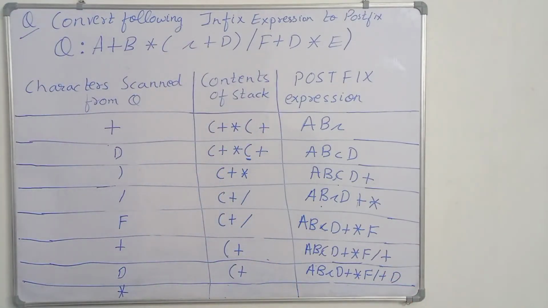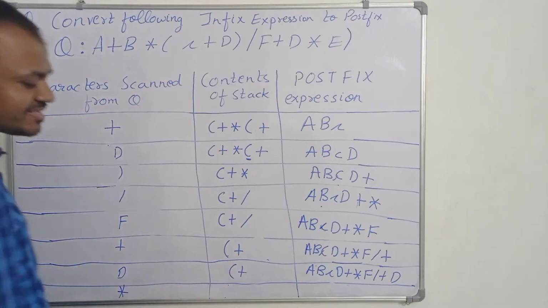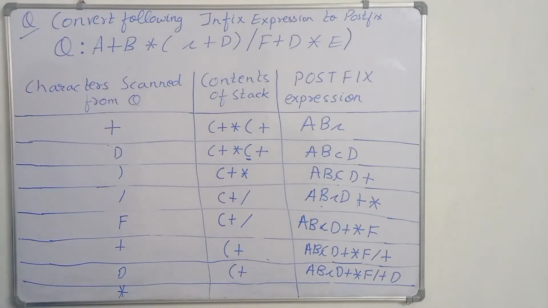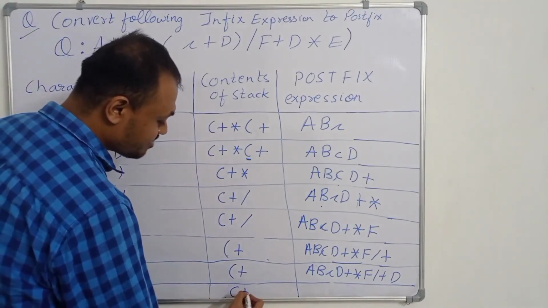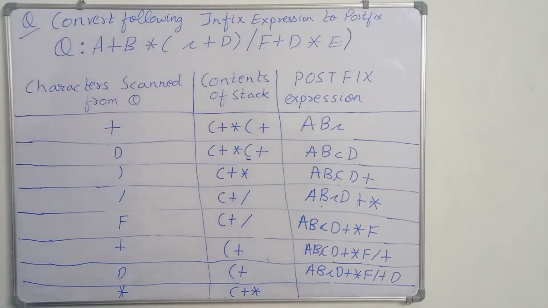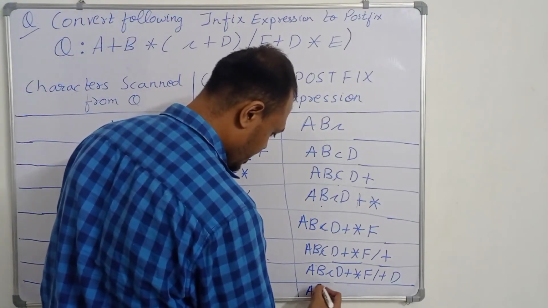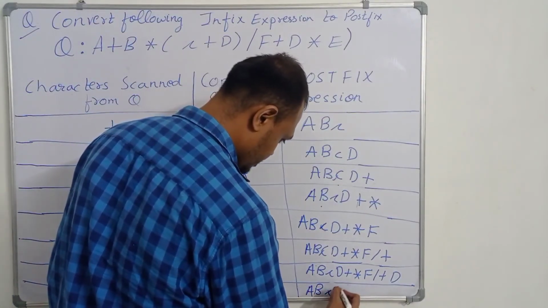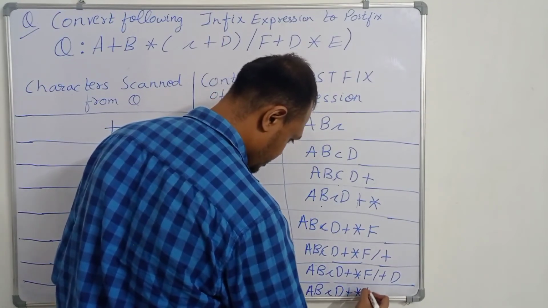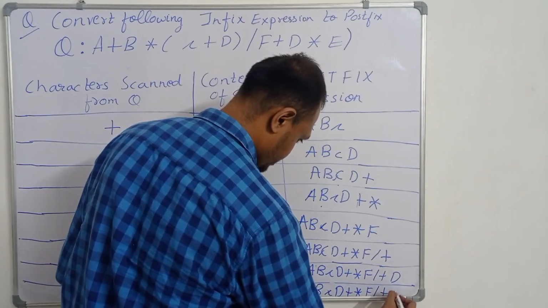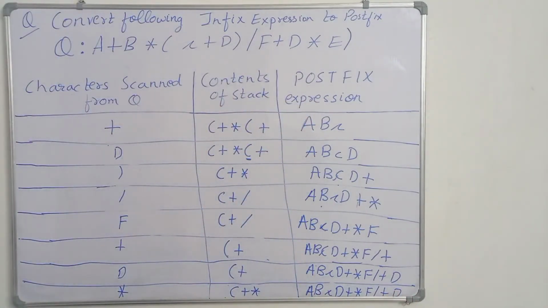Okay, now we encounter this multiplication sign. This plus sign has lower precedence than the multiplication. Addition has lower precedence than multiplication. So the multiplication sign will come as it is, and this will come as it is here. So A B. So this is our table till now. I will remove the contents and come back to you.